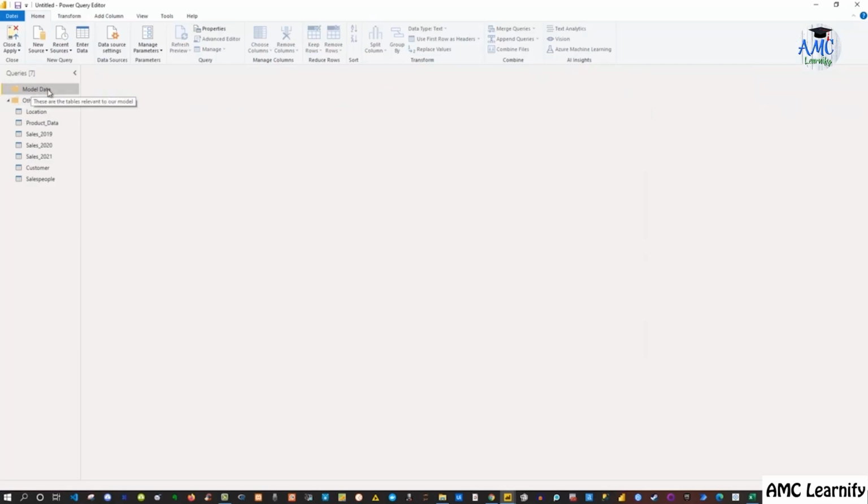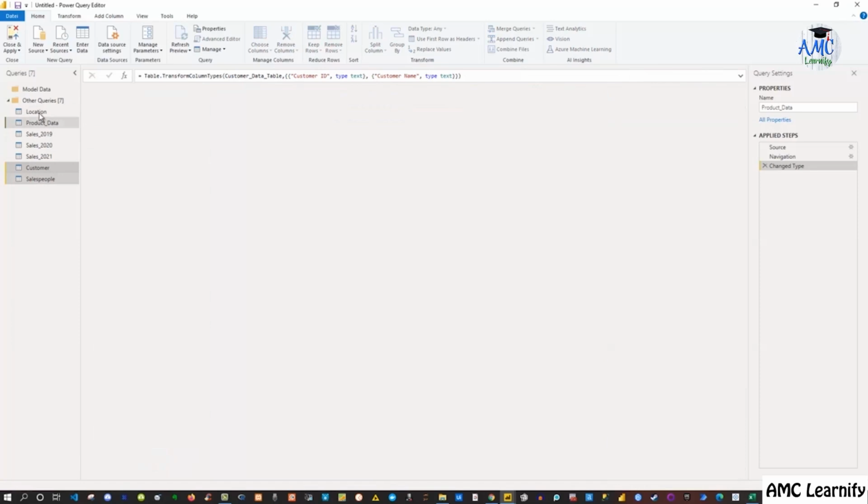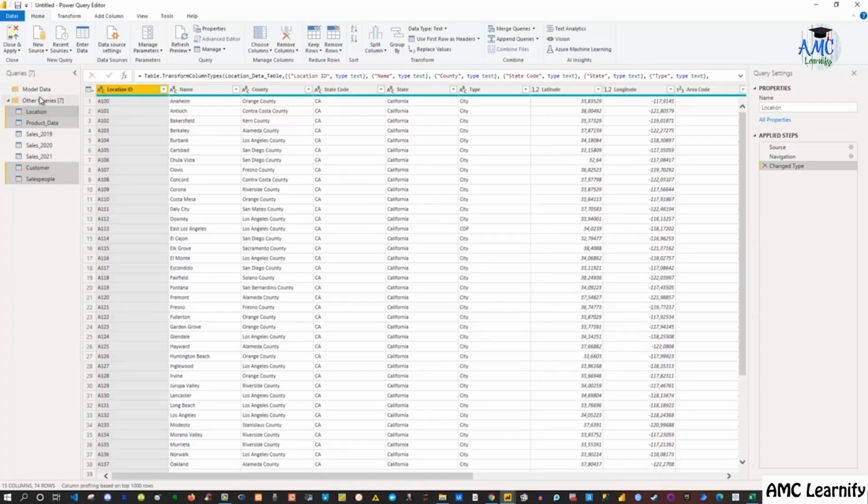What I like to do is select specific tables here by holding down the Shift key while doing so. Examples include this one, my Control key, this one, and this one. And now that I can drag them into the model data up there, I will have a structure as a result. I am aware that these tables are the model data that I want to put into my data model